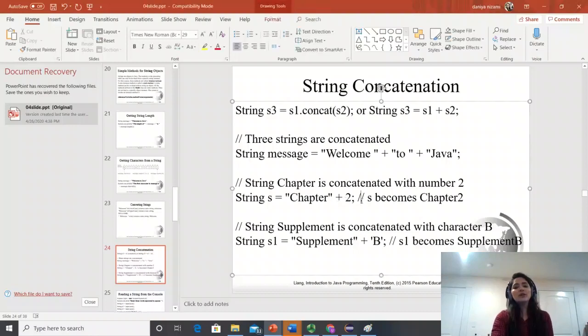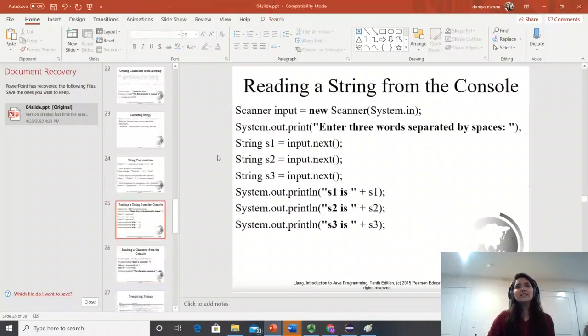You have seen this in chapter 2 where we were working with expressions. When you have a string on one side and an integer on the other side, the whole thing becomes a string, and this 2 is concatenated, combined. As you can see, the answer is chapter 2 combined. So this is what string concatenation does. String is a big class in Java. It has a lot of methods. You just put a dot with it and you will see all the methods. Some of them are not even in your slides over here.